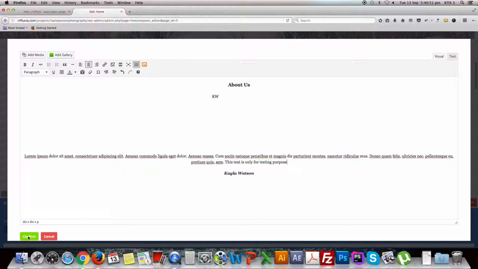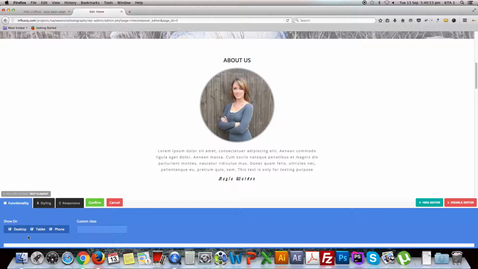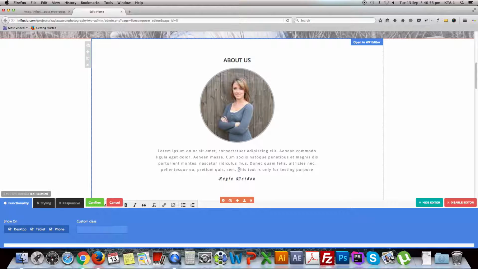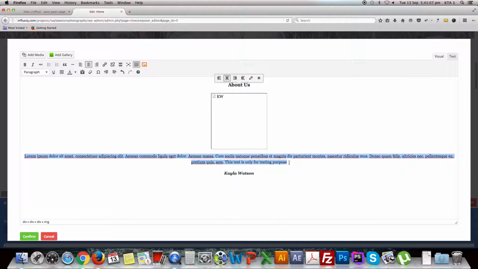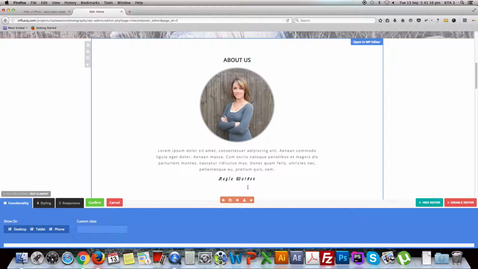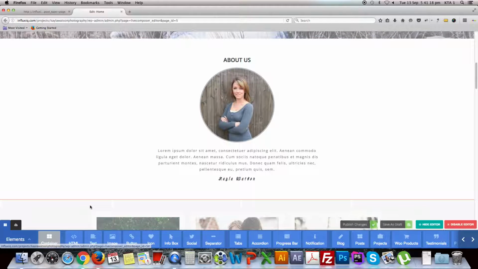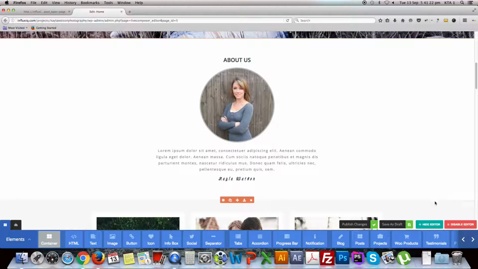Once you are done with the editing, click confirm, and you can see your edit is already reflected on the front end of the website. Let me change it back. Click confirm after you are done with your editing, and click publish changes.